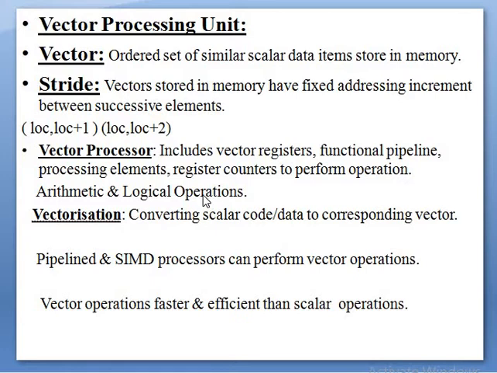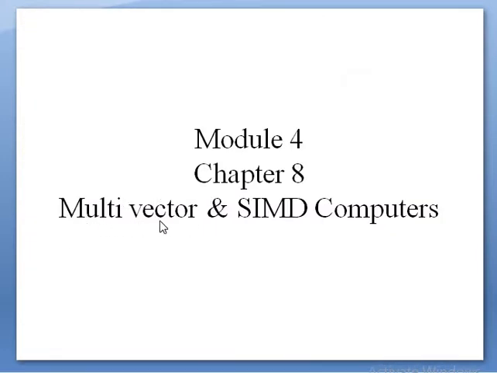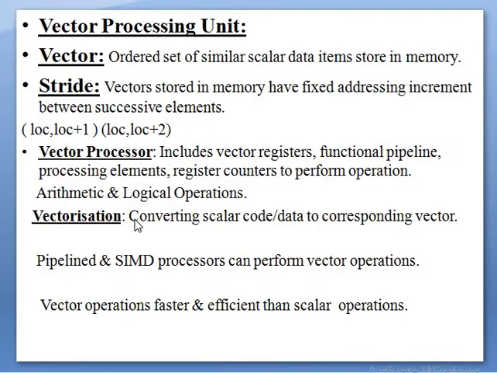Okay, so now here the first is multi-vector processing. Vector always means it has a dimension in the memory, and it is an enhanced data type compared with the scalar. Okay, so now what do you mean by vector processing unit? We all know central processing unit like a CPU, floating point processing units. Here it is vector processing. So what do you mean? First, before we study vector processing unit, let's study what do you mean by vector and different specifications of data when we call it a vector.